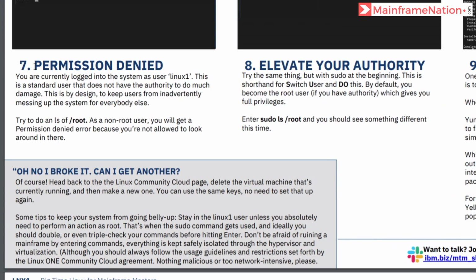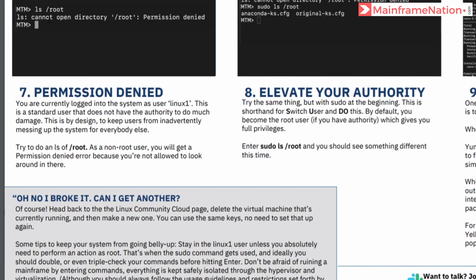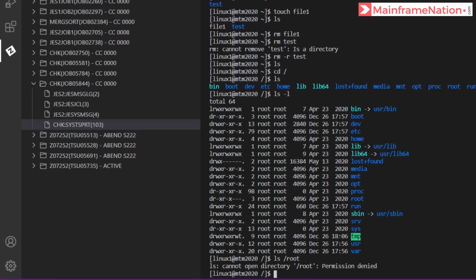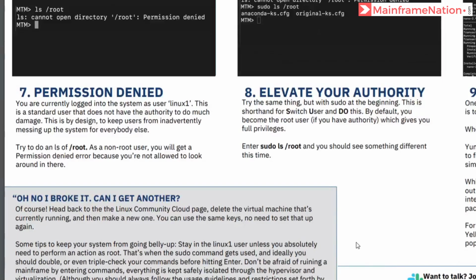Step 7 is to give an ls of root. So give here ls root. So it will show permission denied. Here also it is showing us permission denied because we are a non-root user, so we cannot do a root operation.